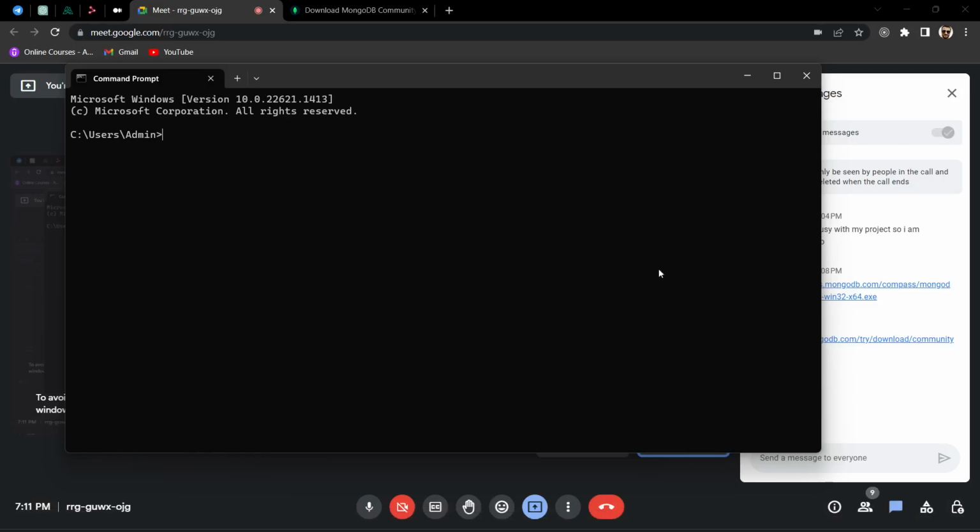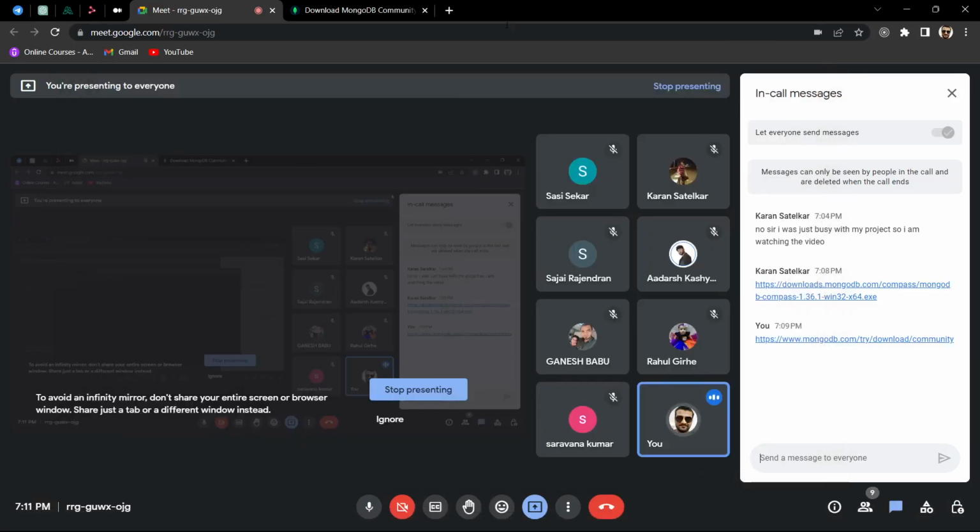That's why I'm saying to download MongoDB from this link. If you download MongoDB by this link, you will get both things, like the command line palette as well as the